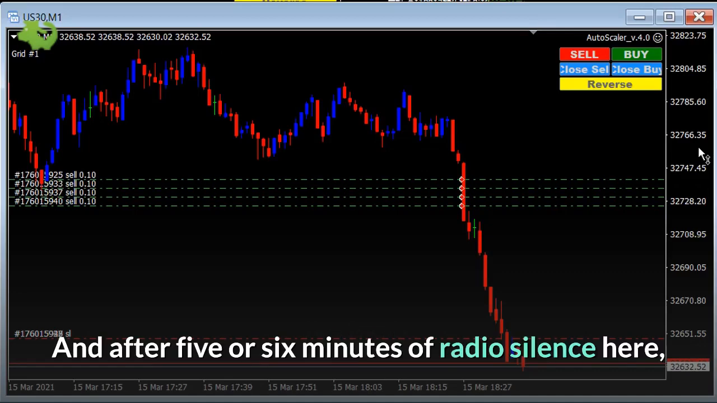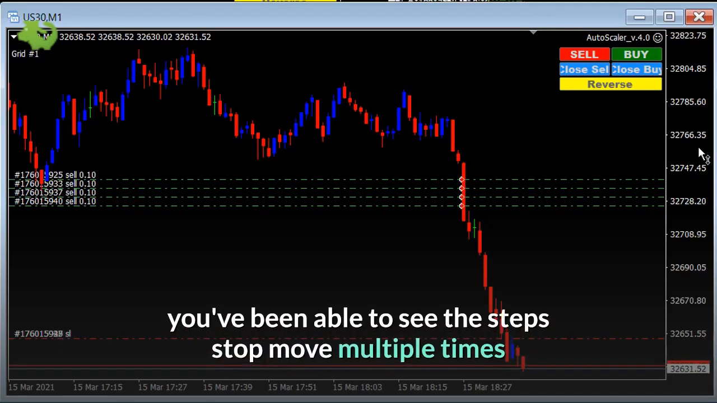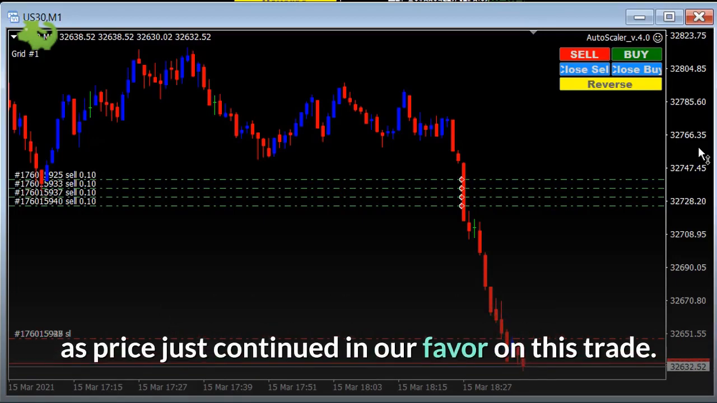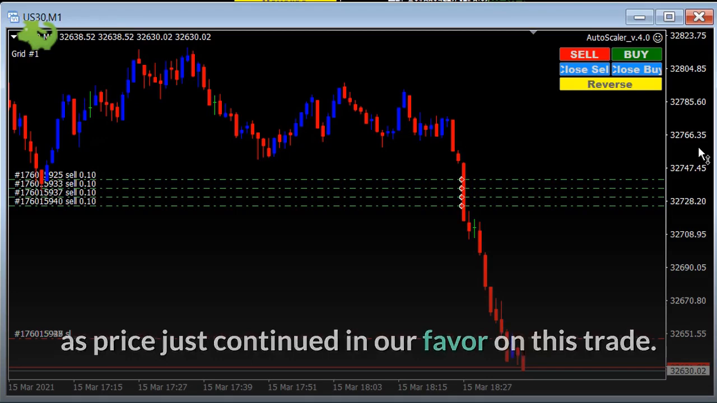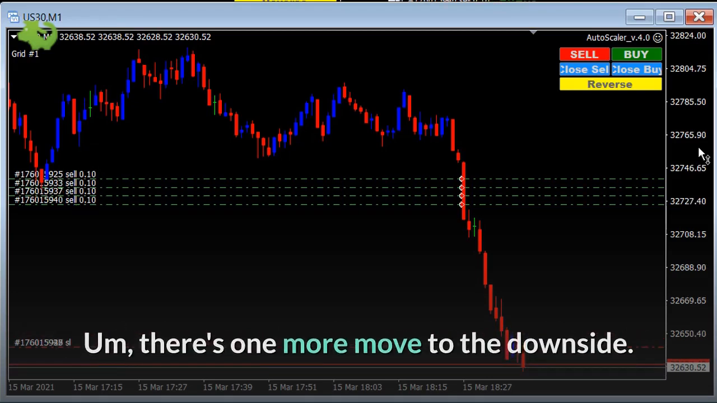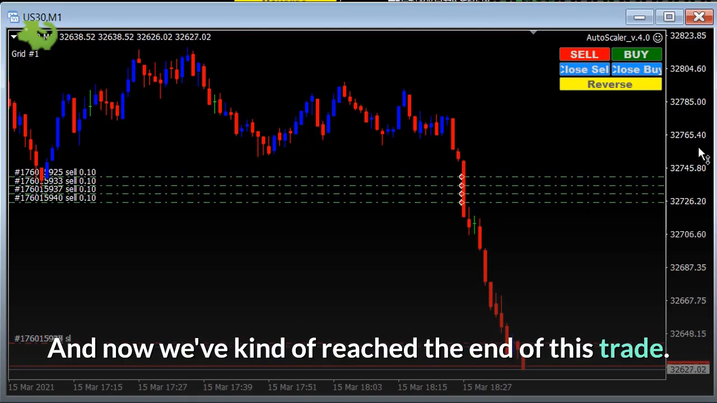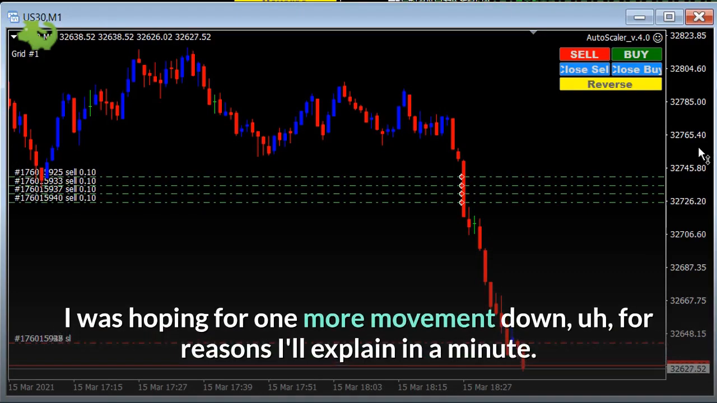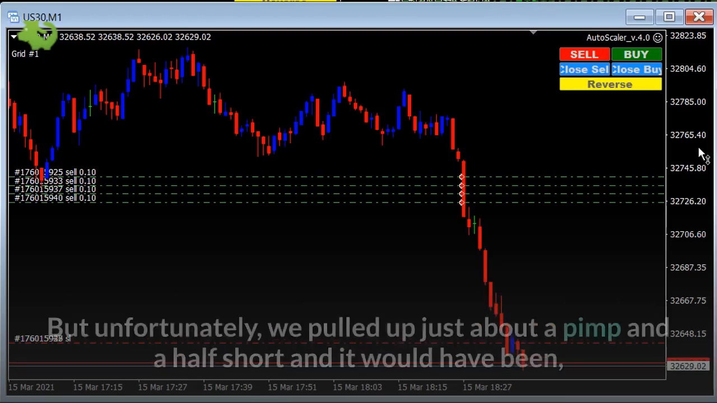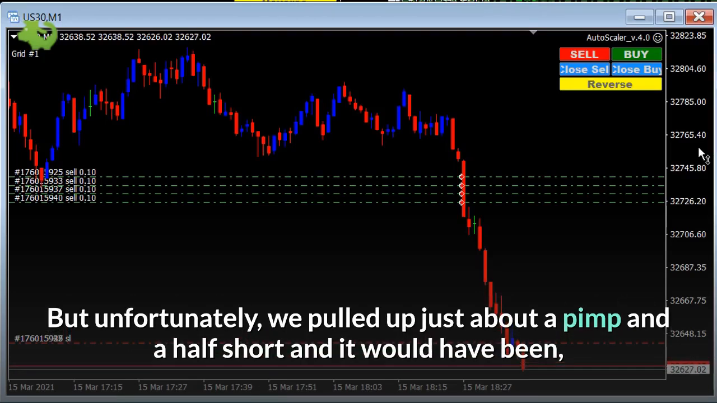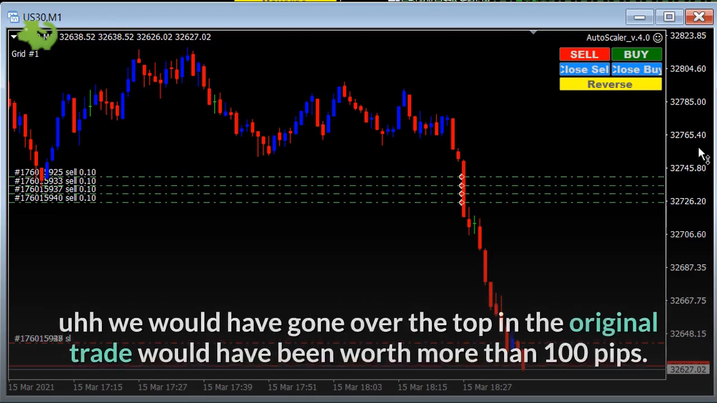Okay, I'm back, and after 5 or 6 minutes of radio silence here, you've been able to see the step stop move multiple times as price just continued in our favor on this trade. There's one more move to the downside. There it is, and now we've kind of reached the end of this trade. I was hoping for one more movement down for reasons I'll explain in a minute, but unfortunately we pulled up just about a pip and a half short,